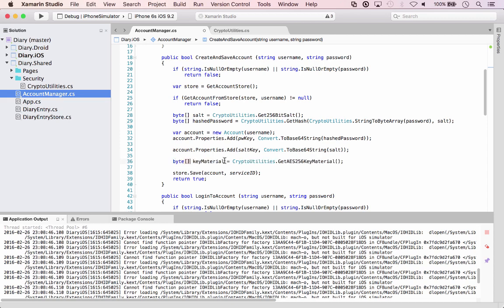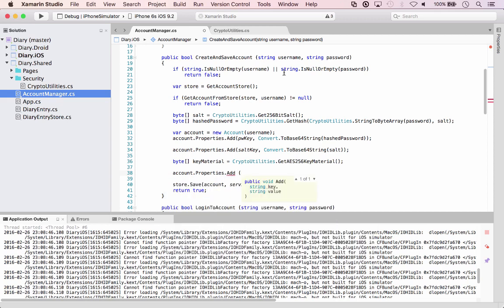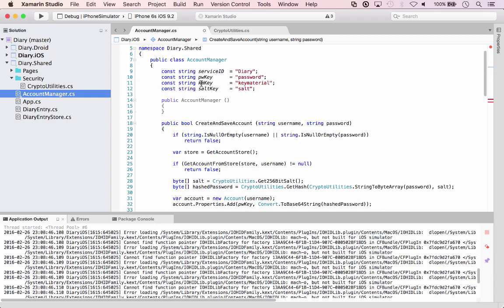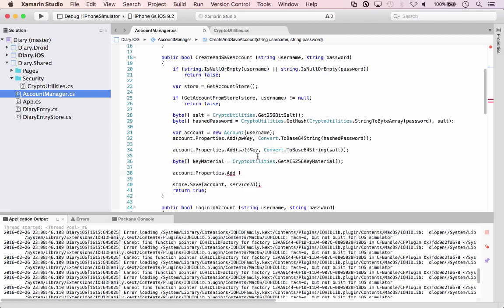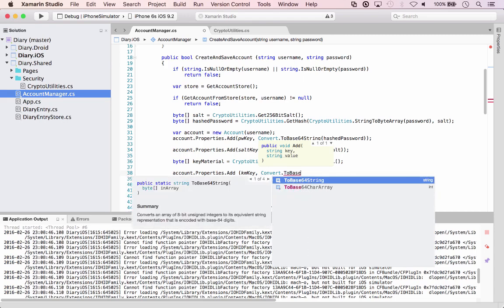And we'll save it in our account properties, just like we saved the salt. Account properties add. We need a new key. We've already got one defined, KM key. And of course, we need to convert this to a string because our key material is a byte array. So just like our salt, convert to base64 string